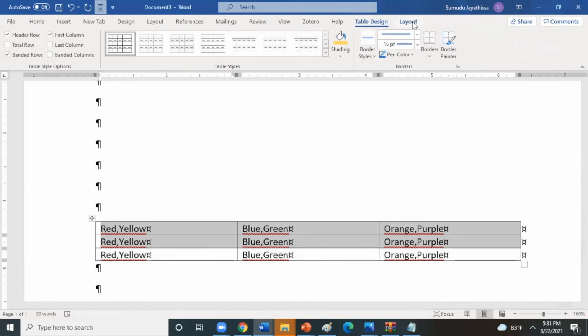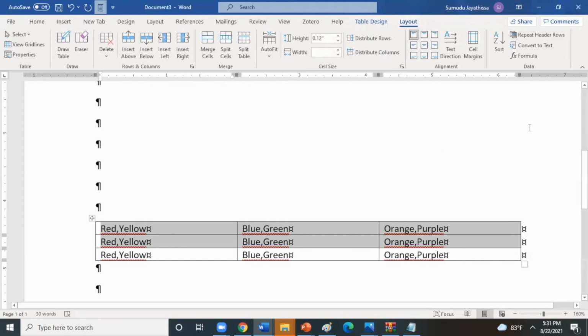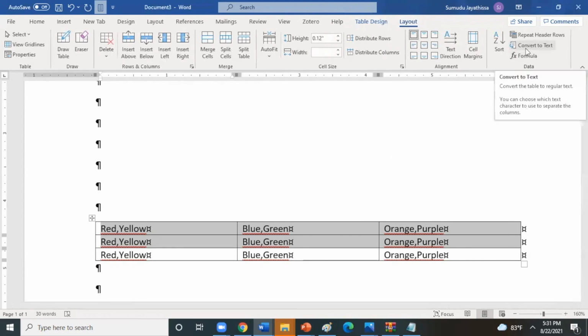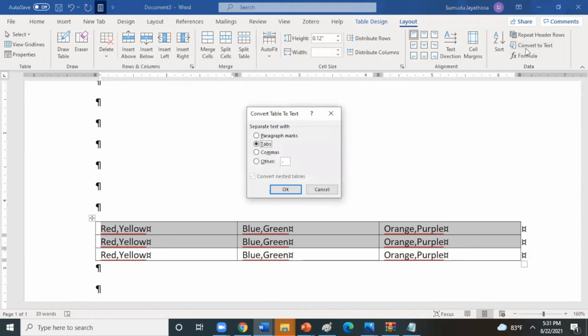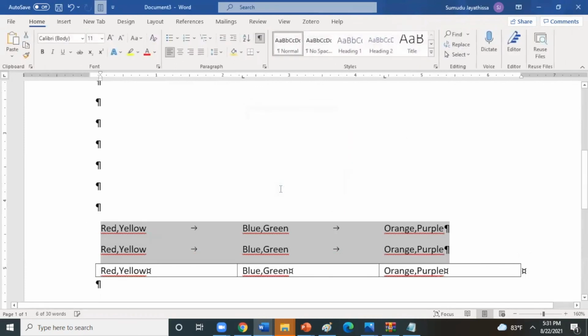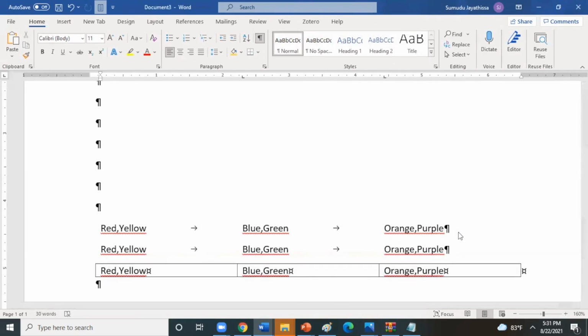Then in your layout tab, next to the table design tab, there is an option called layout. When you click there, you have the option convert to text. It asks separate with tabs. So when you click, you will get the text. So I hope you got a clear understanding of table formatting.